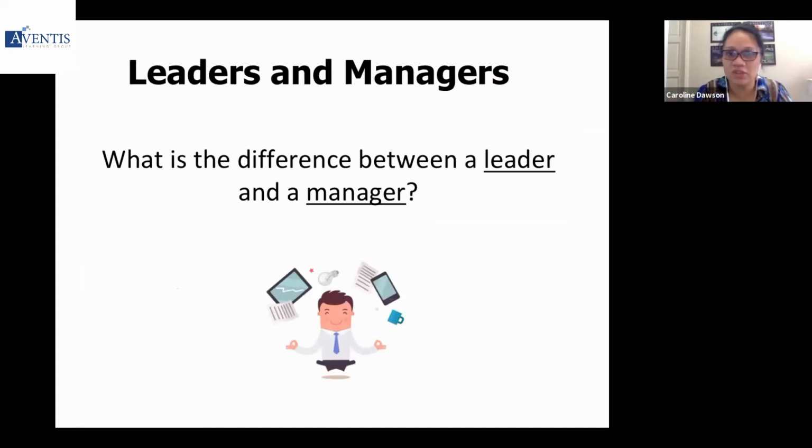All right, now everyone, I want all of you to look at this particular screen. There are just two types here. What is the difference between a leader and a manager? I'm just going to go through the first part first. Everybody, please look at the word leader. What is the first thing that comes to your mind when you think of a leader? Can you please go to your group chat? Just type your thoughts, so at least I know you're with me as well. Let's talk about that first, and then we talk about the differences, okay?